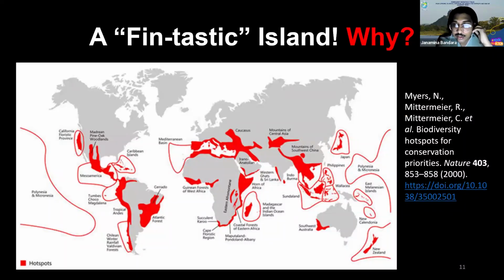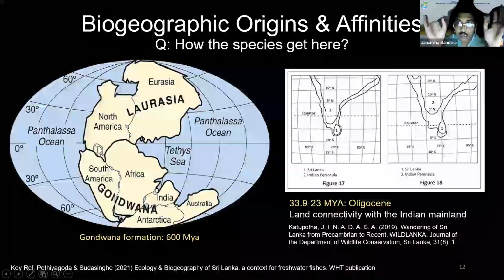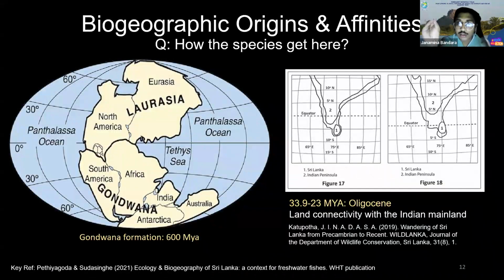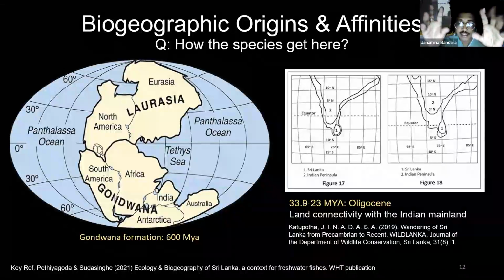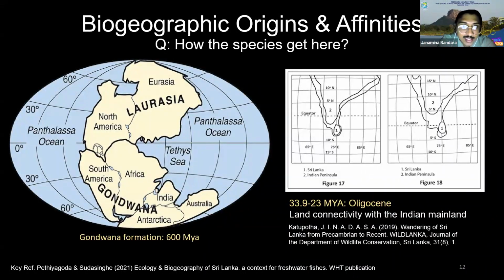In the early 2000s, this paper was published in Nature, demarcating the biodiversity hotspots. Sri Lanka is, of course, a biodiversity hotspot along with the Western Ghats of India. So it contains so much endemism, and there's also another negative effect, which is the high threat intensity that it poses. So before we talk about the Sri Lankan biodiversity context, we have to get some idea about how the